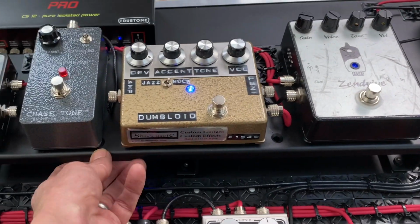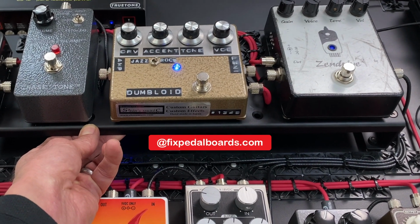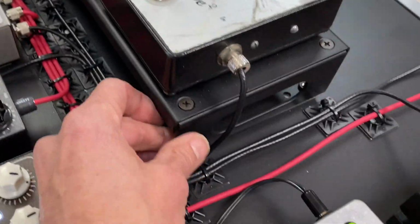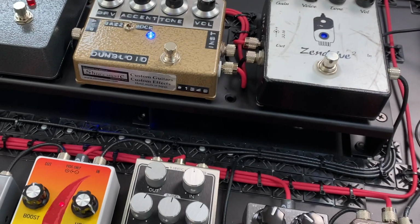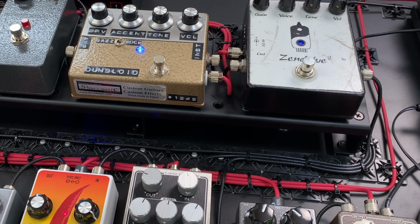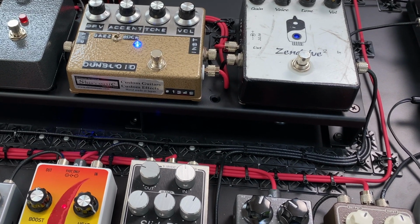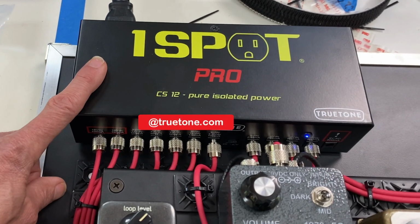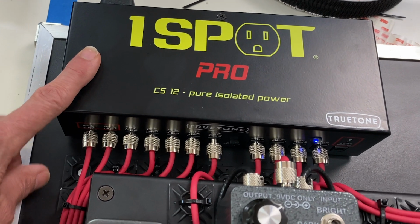Using a Fixed Pedalboards riser here for our second tier. Great sheet metal, black, just super well built. Really happy with this. I had seen these guys online and reached out to them, and got this and could not be more pleased. Also, another thing I got for this build was the One Spot Pro CS12 from Truetone. Just a great